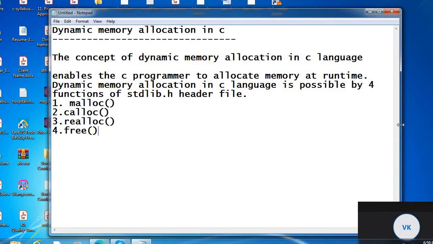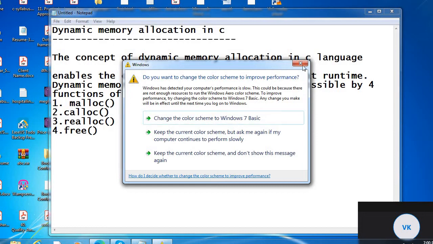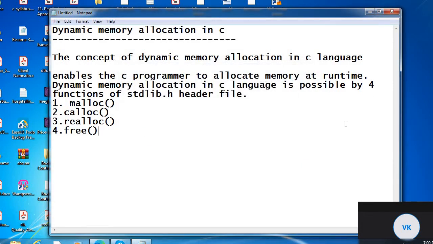Memory automatically can be increased while executing the program. Example: static memory allocation is used in array. In array, we mention the size. But whereas dynamic memory allocation, the example is linked list. We can increase the memory using linked list, which is in data structure.